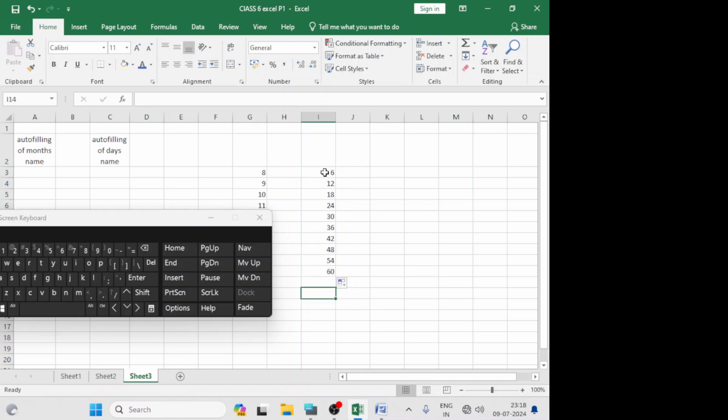Now you see the table of 6 has created because the first number is 6 and the next number is 12. The difference between these two numbers is 6. Now computer will fill all the numbers by skipping by 6, or we can say that by adding 6 in each step. Suppose if you want to fill